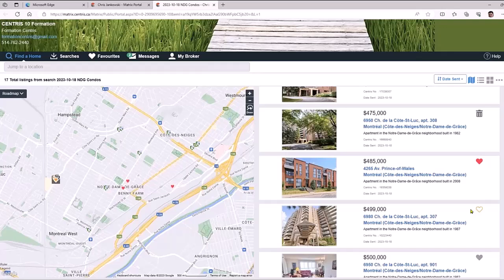I mean, I still want to know by being on the BCC list, so I'll still get a message on my system saying a new property has been found for your client with that search criteria. I still want to know that it happened, but I don't want it to wait for me to approve before they get it. I'm running around, doing visits, talking to a seller, in meetings, or doing my renovations, depending on what your hobbies are. I don't want to be the limiting factor whether my client sees a property or doesn't. I want the system to send it to them ASAP without having to wait for me.